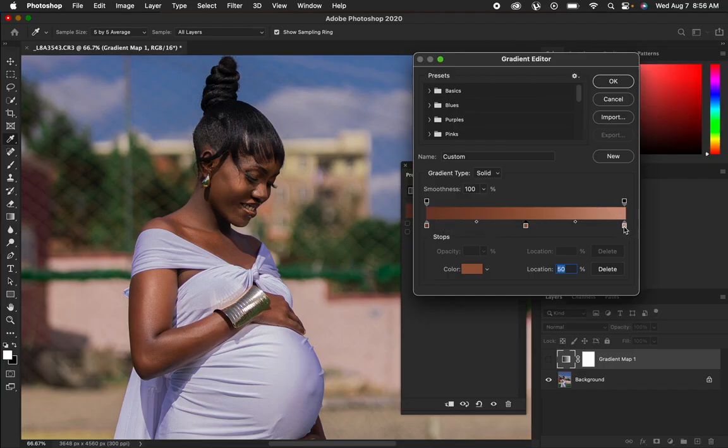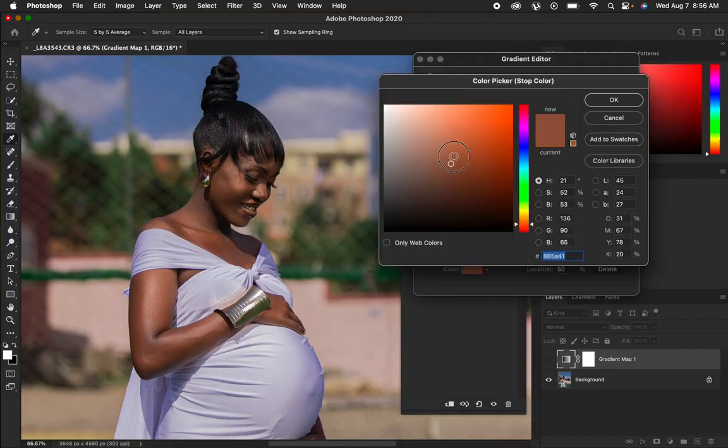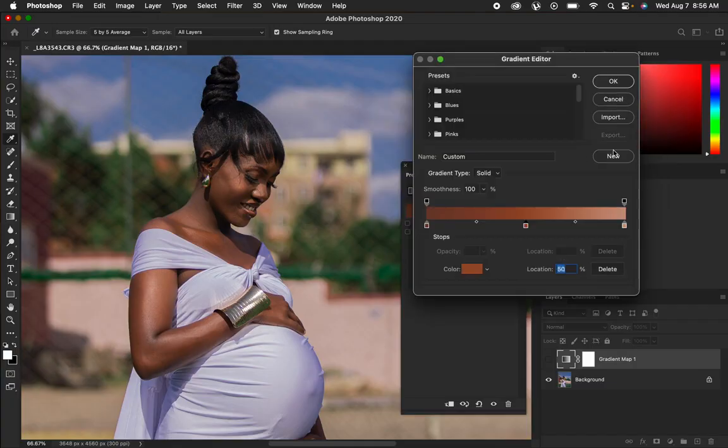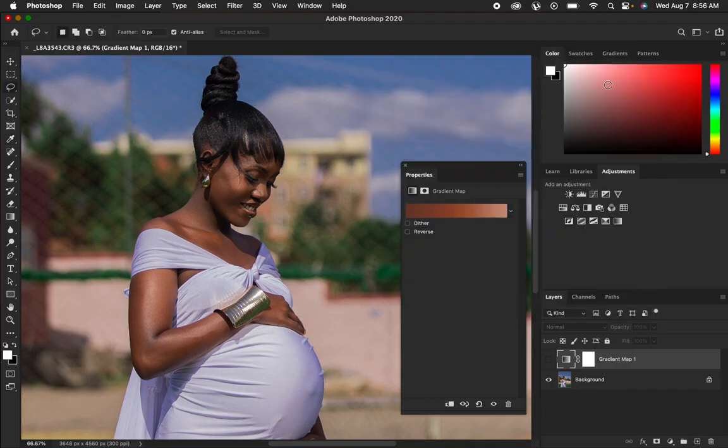So if at all you want to change any color, you can simply click and you change the values of a given color by moving this in or outside. So I'll just warm that up a little bit and click OK. So after doing this, just come and click OK once again, and you can see it is not affecting the image,